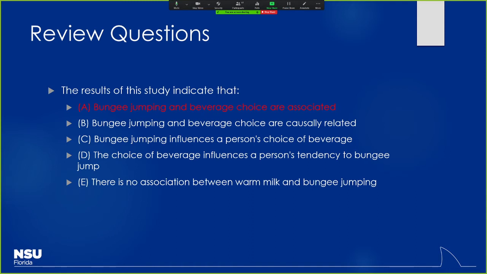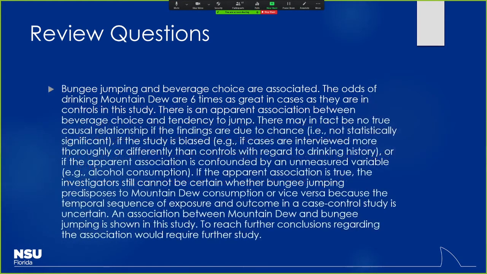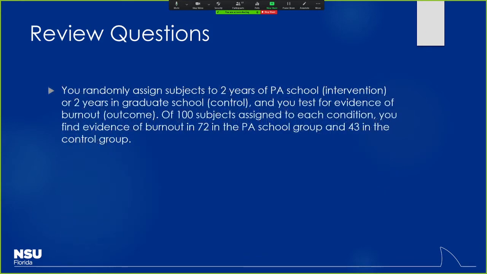And then, as we mentioned, we're only looking at the Mountain Dew association there, so we couldn't necessarily say warm milk had anything to do with it. Again, sometimes you find those little odd pieces of info in the study, and you can then go on and do further studies off of that. But sometimes you find these little oddities and say, okay, that's interesting, but then you move on from it, right? Okay, very good.